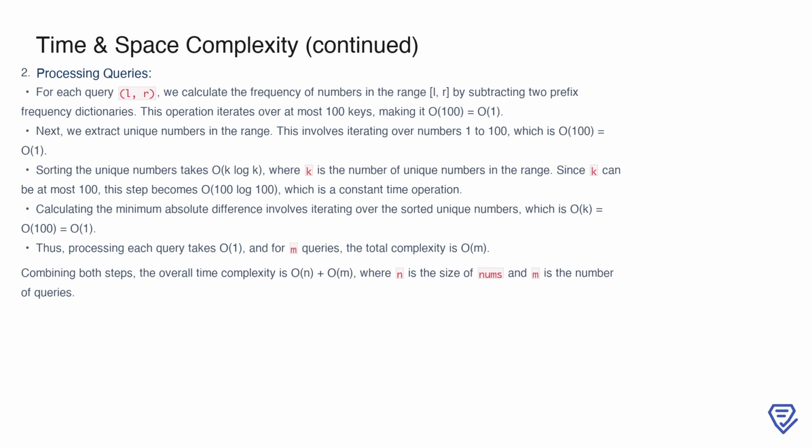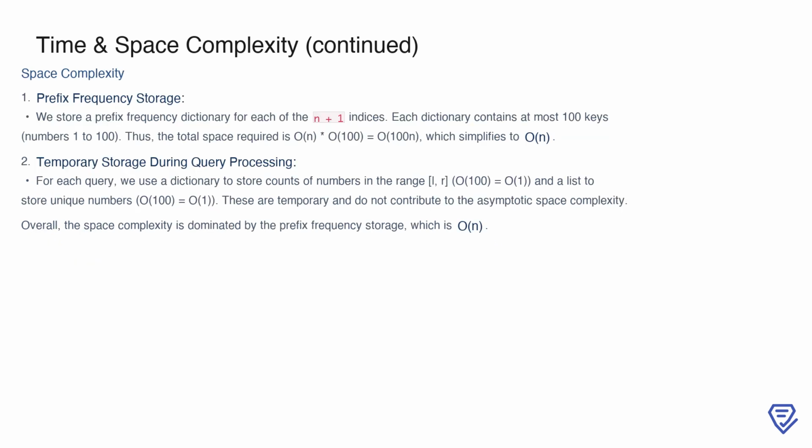Combining the time complexities from both steps, the overall time complexity of the solution is O(n + m), where n is the size of nums and m is the number of queries. Now, let's discuss the space complexity of the solution. The primary contributor to the space complexity is the prefix frequency storage. We maintain a prefix frequency dictionary for every index in nums, including one extra for the 0th index, resulting in n + 1 dictionaries. Each dictionary contains at most 100 keys, so the total space required is O(n * O(100)), which simplifies